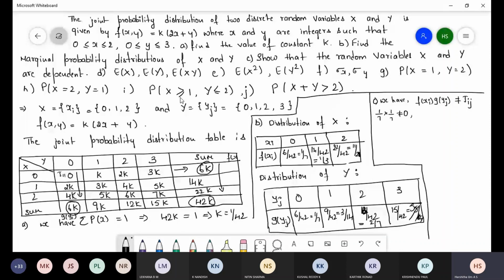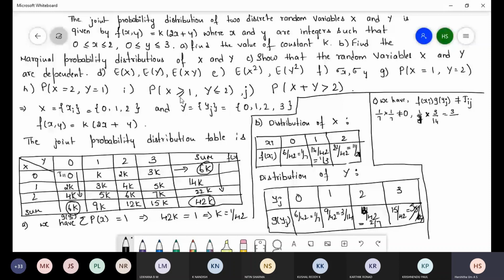Like that we have to check for the next one. 1 by 3 into j12. j12 means 1 by 7 I write as it is into I is equal to 1 and j is equal to 2. F of x1 into g of y2, that is 3 by 14. So we get 3 divided by